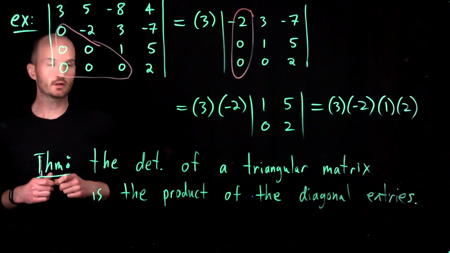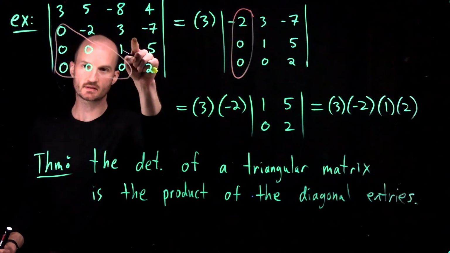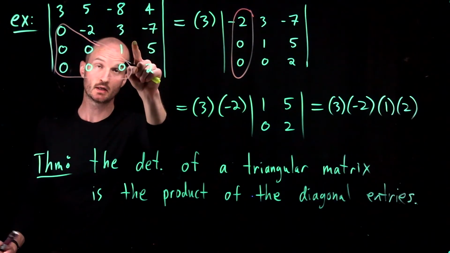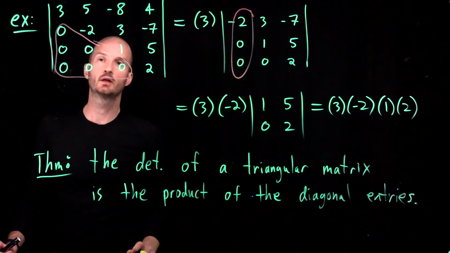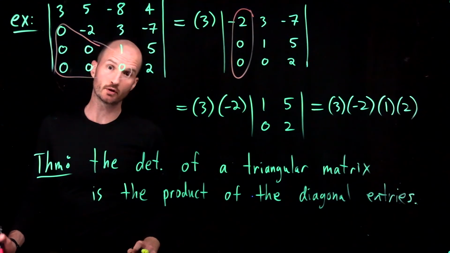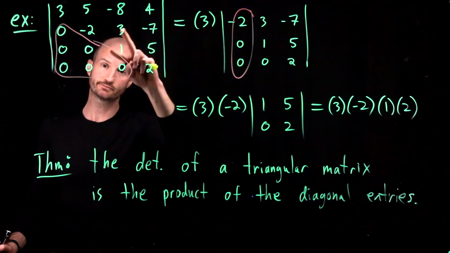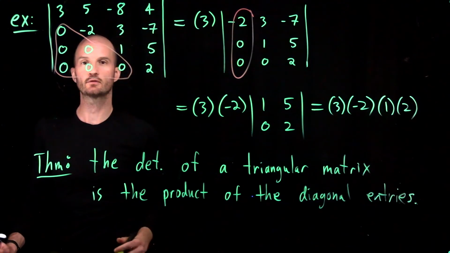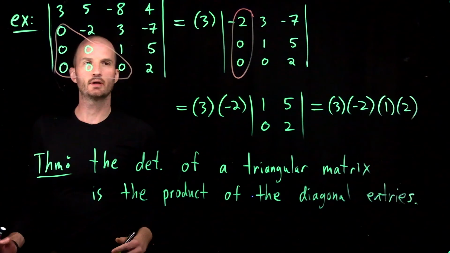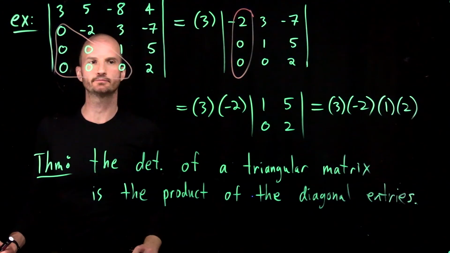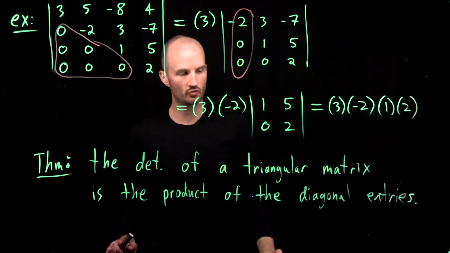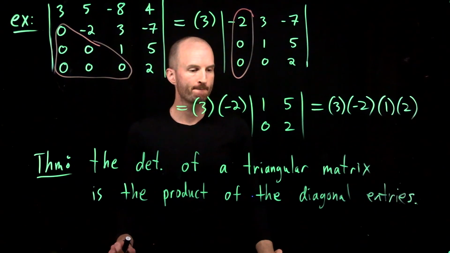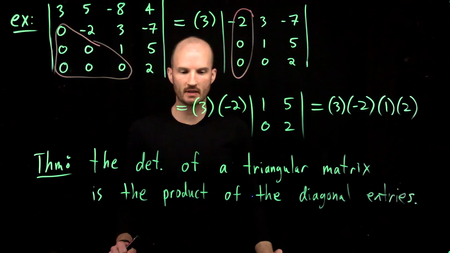Triangular can be, in this case, what is called an upper triangular matrix because it has non-zero entries above the diagonal. And then you also have what's called a lower triangular matrix, the transpose, where you have non-zero entries appearing below the diagonal. Those are both called triangular matrices. And to find the determinant of such things, we just take the